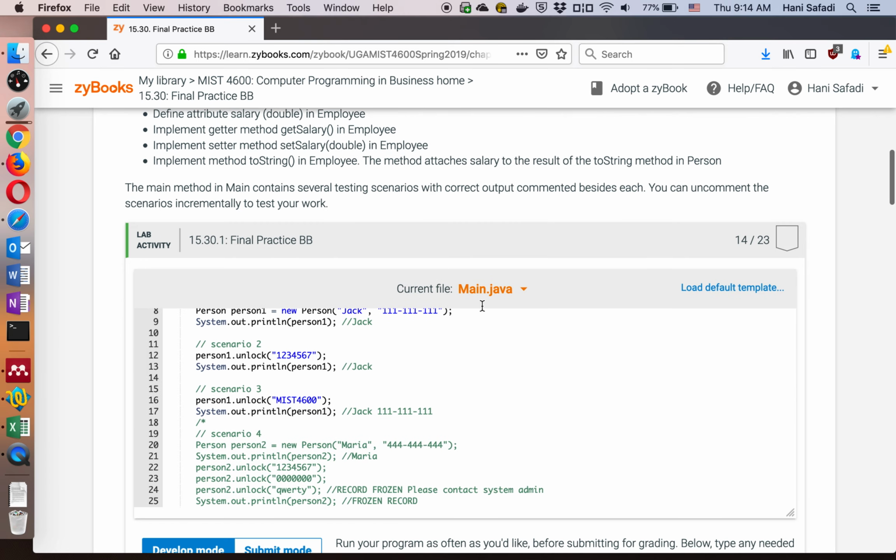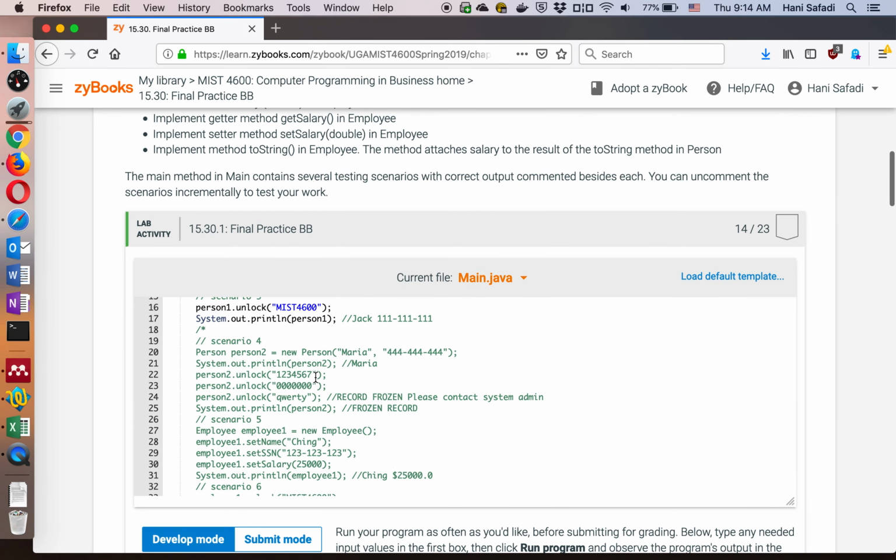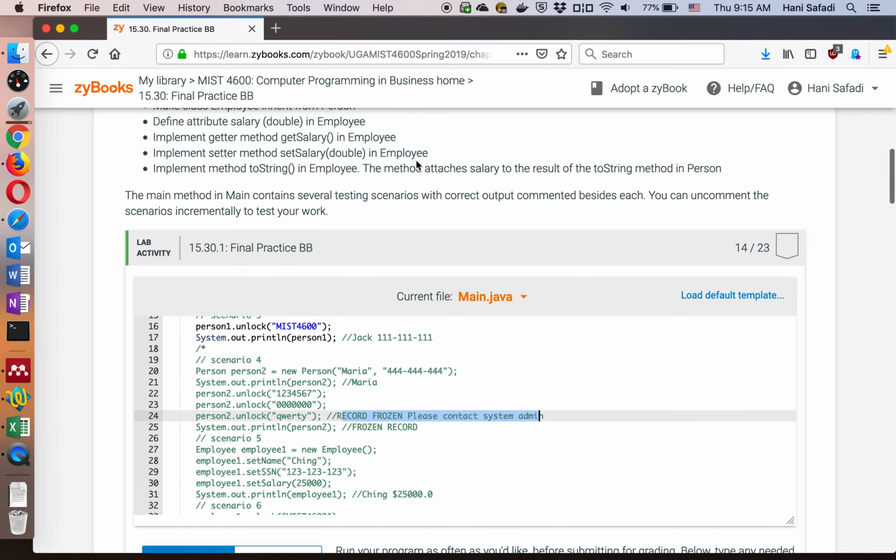So let's take a look at how this is tested. For instance, in scenario 4, we create a new person, we printed, so we should get that. And then if you try to unlock 3 times, you get that printed out, record frozen, please contact system admin. And then if you try to print the person object, you will get frozen record as a result. Okay, so let's go to person